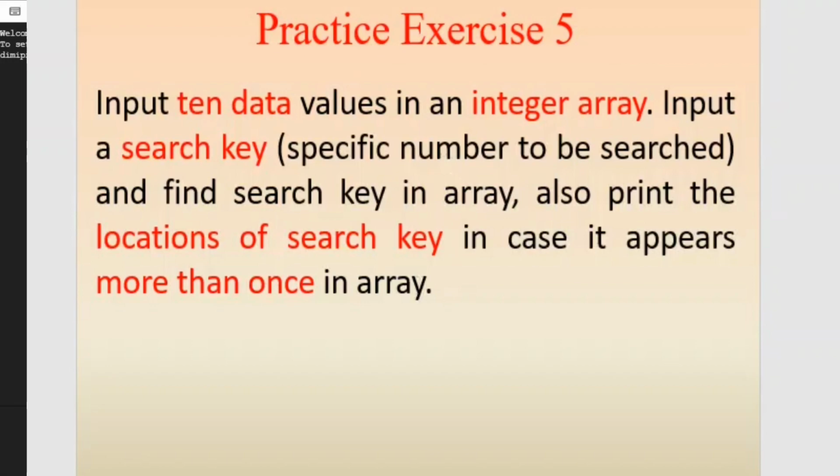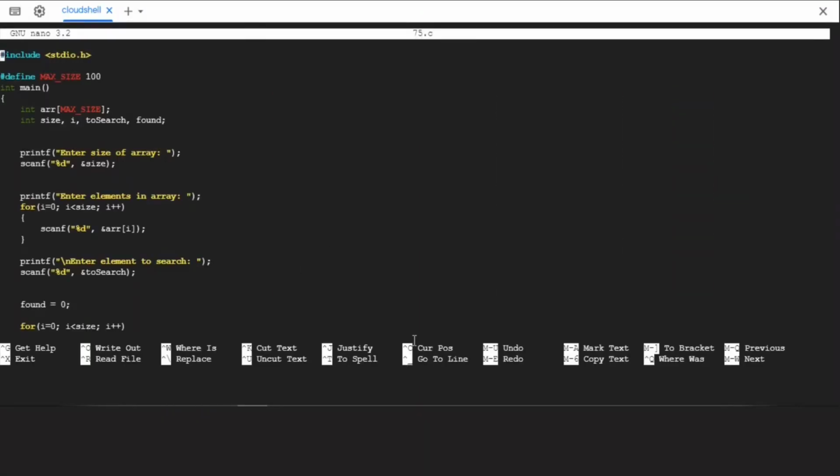Okay, so moving on to the code. Following question, that is to search a number in an array. At first the input size of the array is taken and is stored in the variable size. Then the elements of the array are taken as input from the user and stored in the array arr.